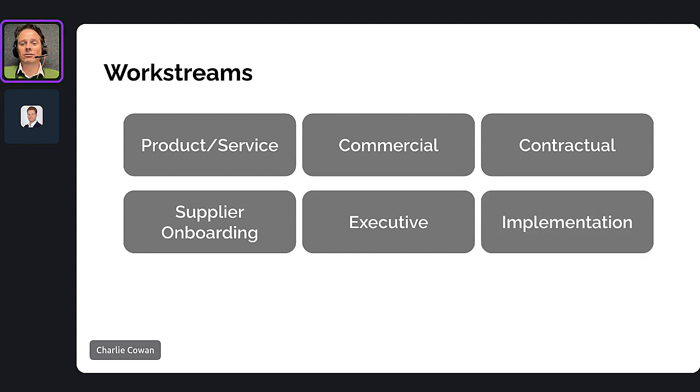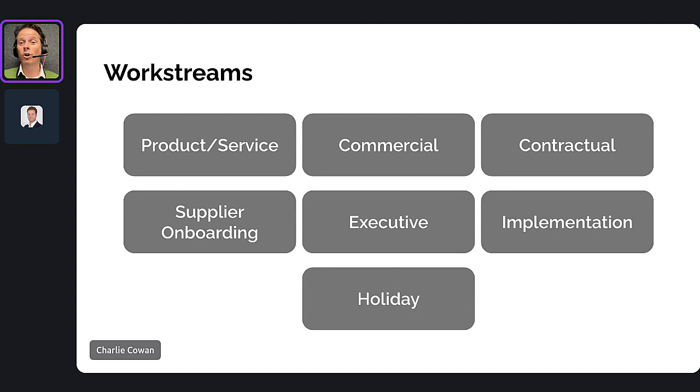An implementation work stream, and this is split into two depending on what type of product or service you're providing. There may be planning and implementation. So this could be a scope of work, a level of effort, a statement of work, introducing some of the implementation team and sharing bios of that team. Then there's the actual implementation work stream, a project launch workshop, assigning resources, all of the things that are going to happen after you've closed your deal to get this project live for them.